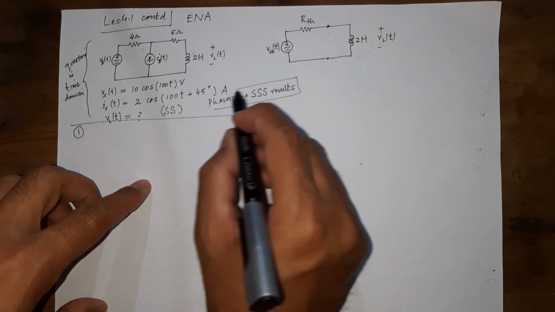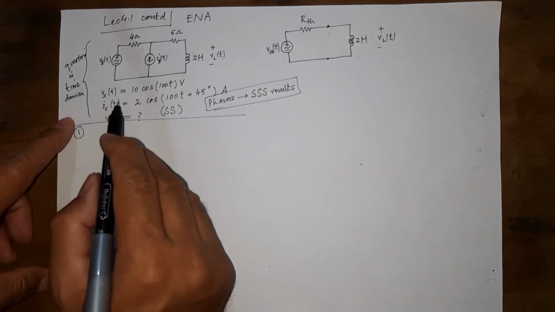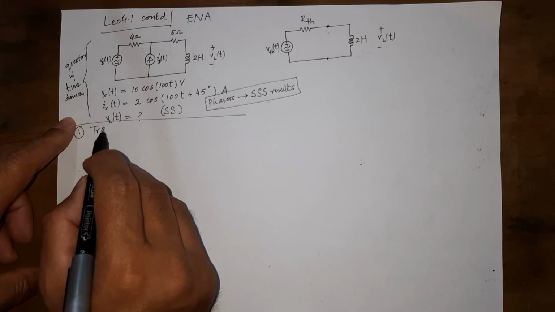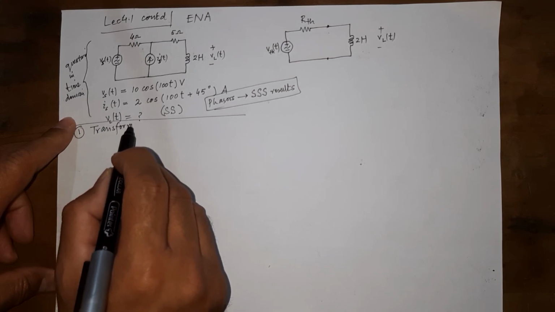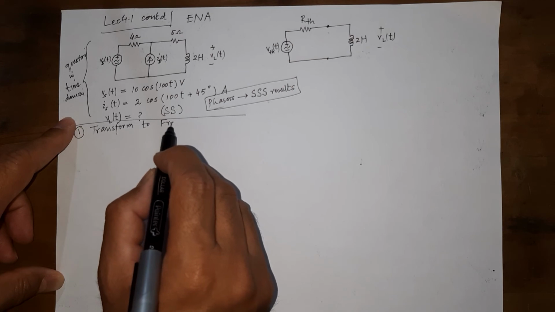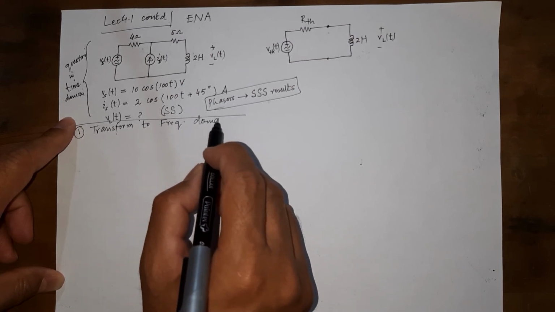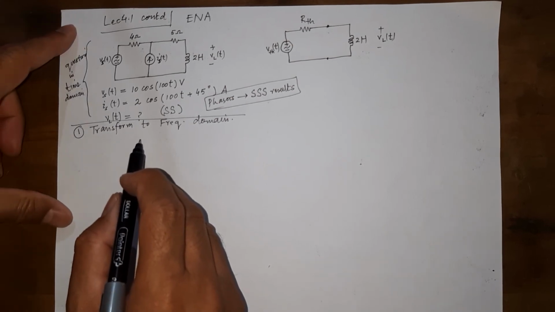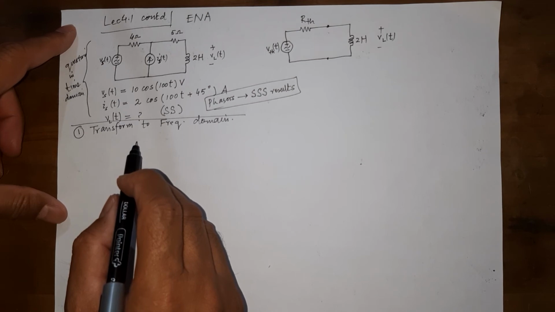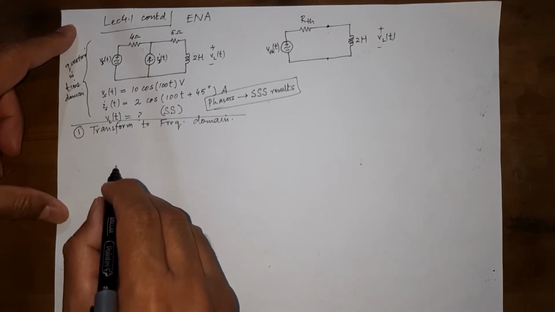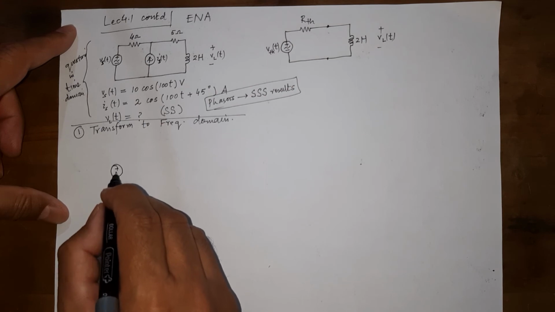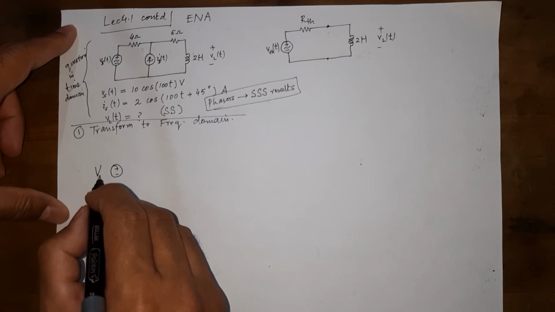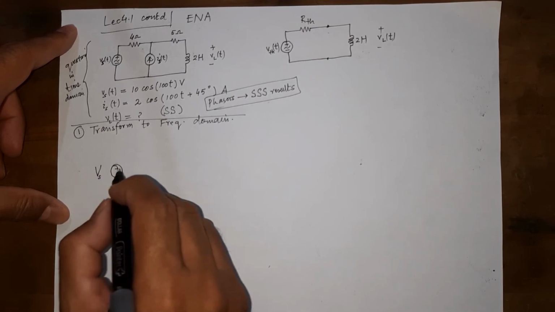This is important. So when the question is given in time domain, the first thing that we need to do is to transform everything to frequency domain and look at each small step that I would be doing here and note that and do not miss any of that. So redraw the circuit again. Now instead of drawing the voltage source as a sinusoidal voltage source, we will just draw it as a DC source with a capital VS. There should be no t here. Remember, this is not time domain.